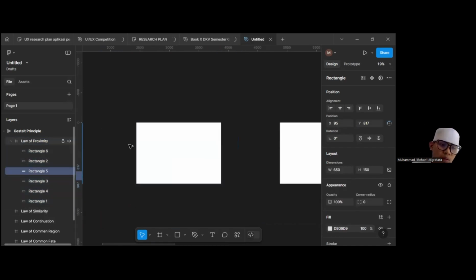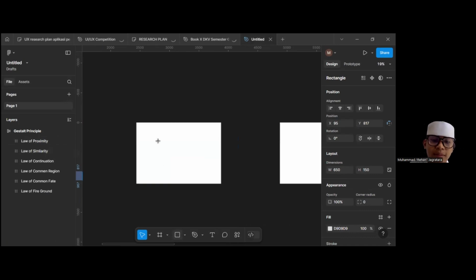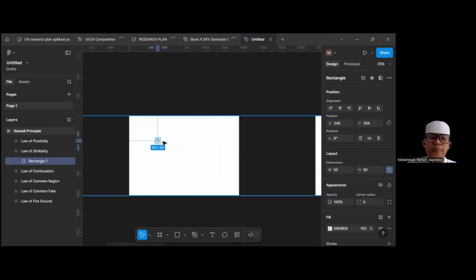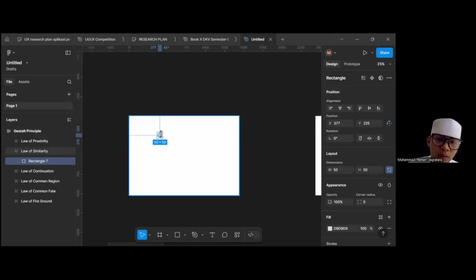Now I'm going to turn to similarity. Similarity means our brain will recognize things as the same when the shape or element is the same, from the color, size, or even the shape.